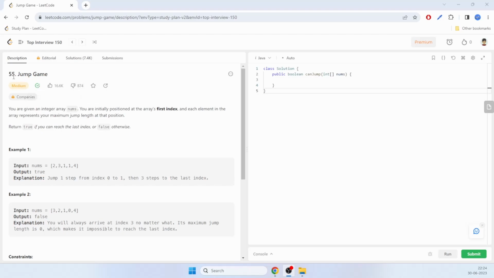Hello everyone. Today we are going to solve the problem Jump Game. In this problem, you are given an integer array of nums. You are initially positioned at the array's first index, and each element in the array represents the maximum jump length at that position. Looking into an example given, the cursor starts from the first position, and we can jump